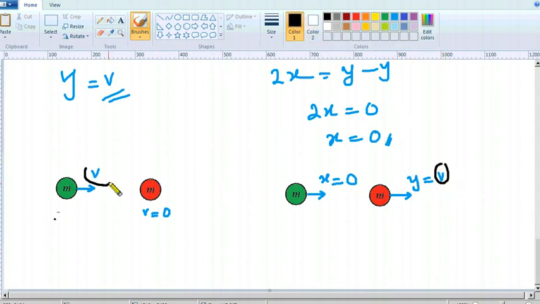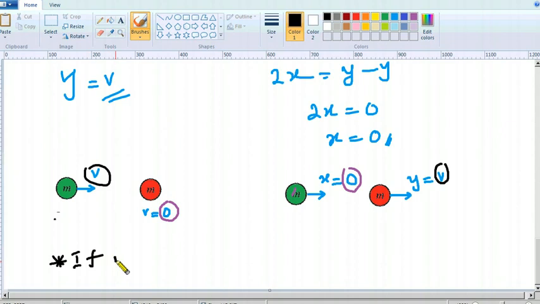This velocity, so x equals 0. That means this velocity, green color, this one red color. They have exchanged their velocities. So the theory is that if